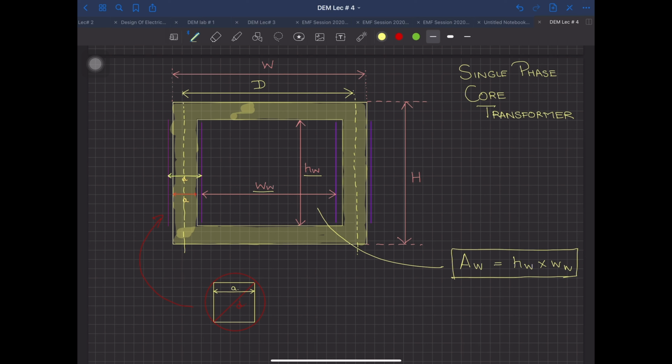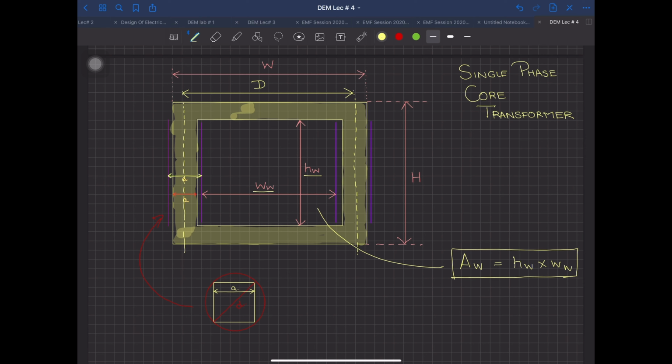Supposedly, my transformer, this means that the limb is going to be this much high, or there is a chance that मैं कहता हूँ नहीं जी, I will make it in 2 layers. Size will be reduced. So based on my winding design, I am deciding कि मेरी transformer की height क्या है. This is one way. Second way is this कि जी मैं कह देता हूँ कि height of the window and the window width, they are decided.